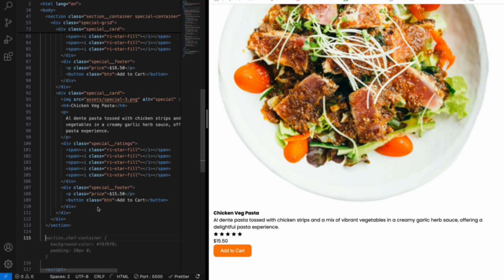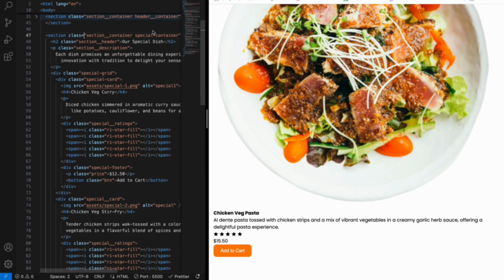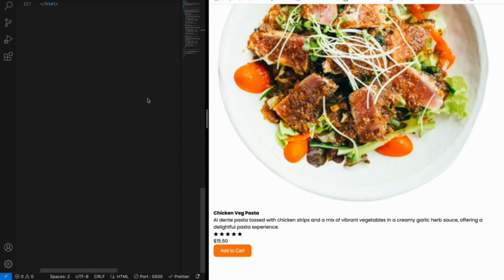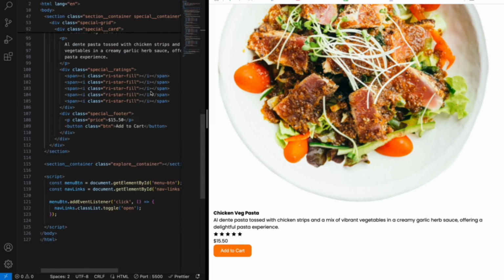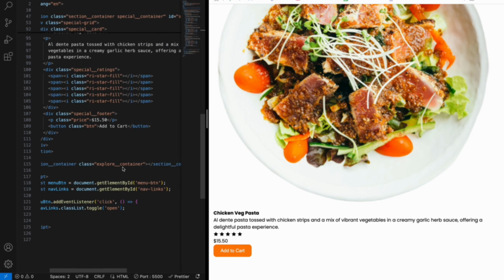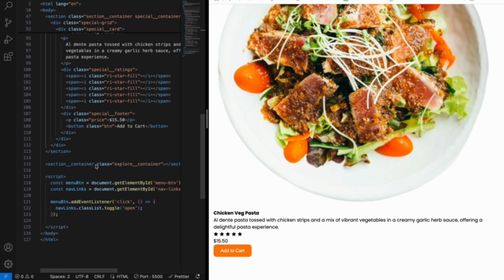So let's create another section that is section container, and inside this container another section that is explore container. Okay, that's fine as well. So we have to change here as well, because instead of this special we have to use this one. Okay, now it's fine. So let's come here and after the explore container, just copy